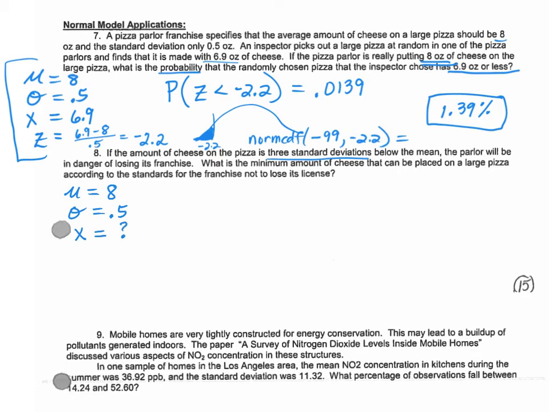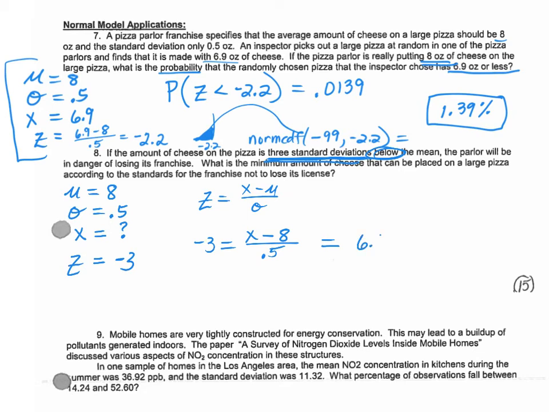That's what we're trying to figure out, how much minimum cheese, so that if it's below 3 standard deviations, I need to figure out the z-score. 3 standard deviations below the mean, so that z-score then is negative 3. So set up your z-score formula. That z is x minus the mean over the standard deviation, and fill in your information to solve for that cheese amount. And so then what I find is that x equals